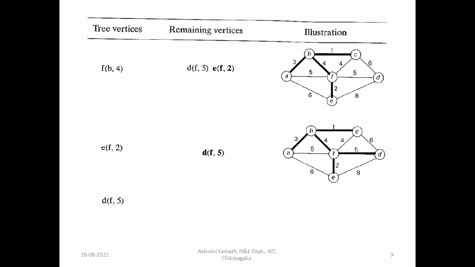If I select any other edge, then it will add a cycle to the tree. So no other edges will be added. So let us check all the vertices are connected. Yes, all the vertices are connected, which is given in the board. You can check. If all the vertices are connected, and if it doesn't contain a cycle, then it will be a spanning tree. Okay. So here, what is the cost of the spanning tree? It will be 1 plus 3, 4, 4 plus 4, 8, 8 plus 2, 10, 10 plus 5, 15. That is the minimum cost for the spanning tree, right?